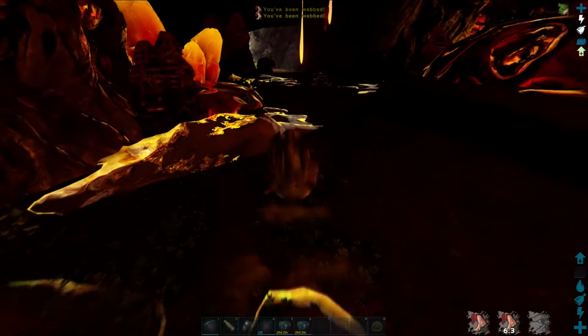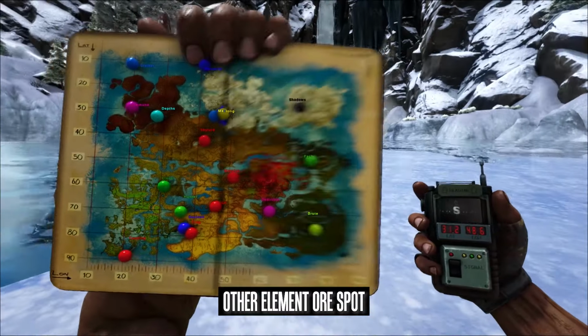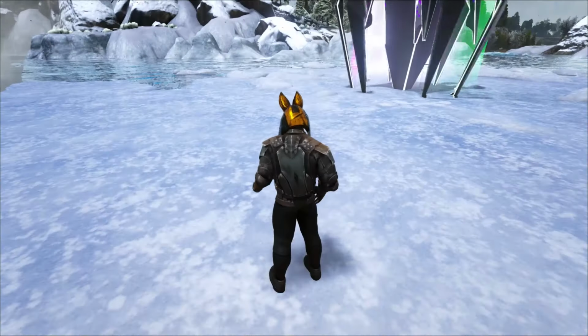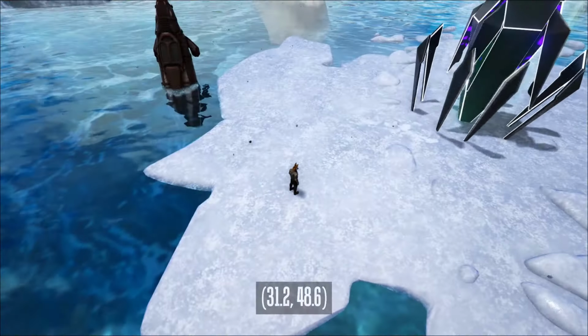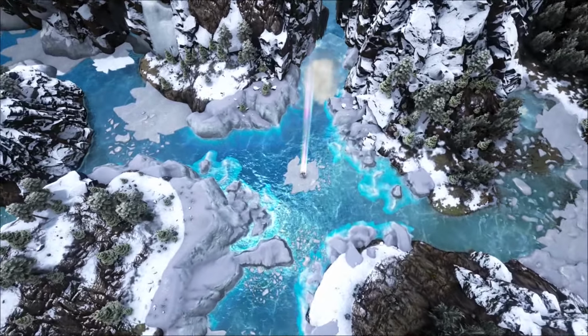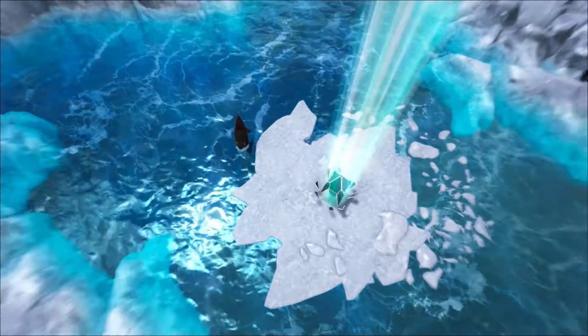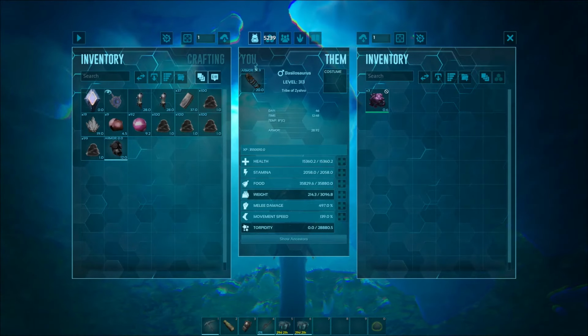Perfect. Actually, real quick, I'm just going to show you another element ore spot, just in case the other one's been taken. So in this cavern there's also another artifact. So watch that video if you want to get 2 artifacts while doing this farm run. Coordinates right here. And I brought my trusty Basil on this one because the tunnels in this cave are huge. You will get lost because it is...